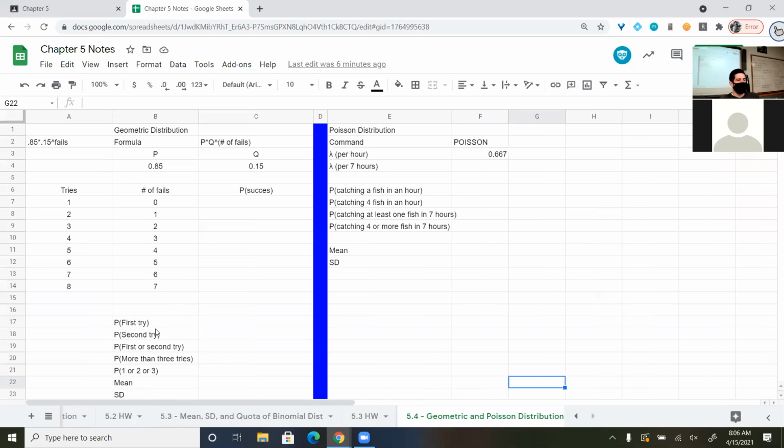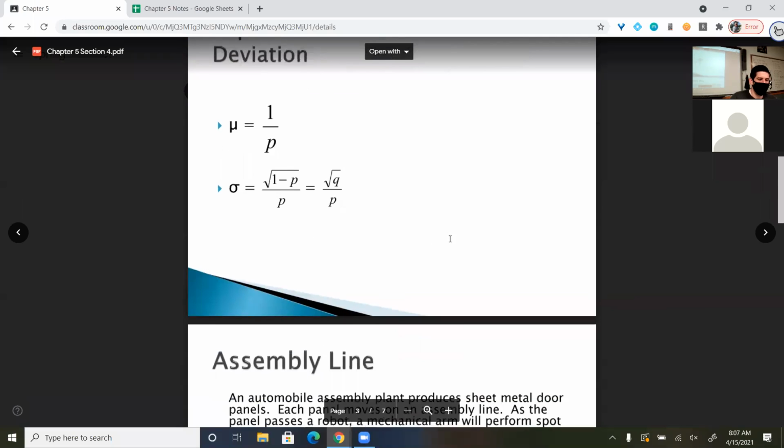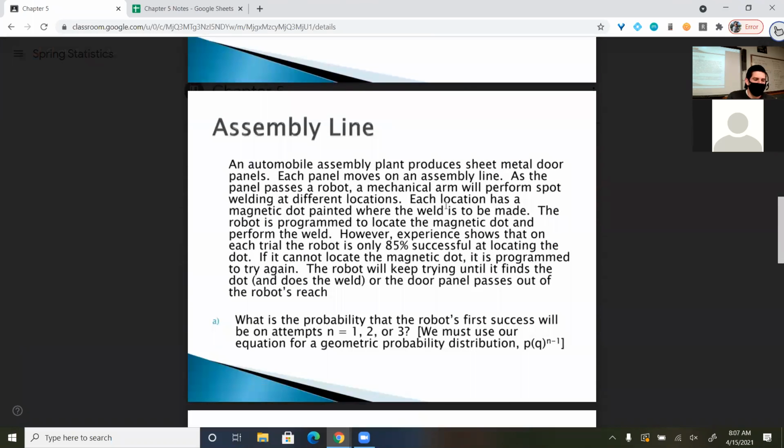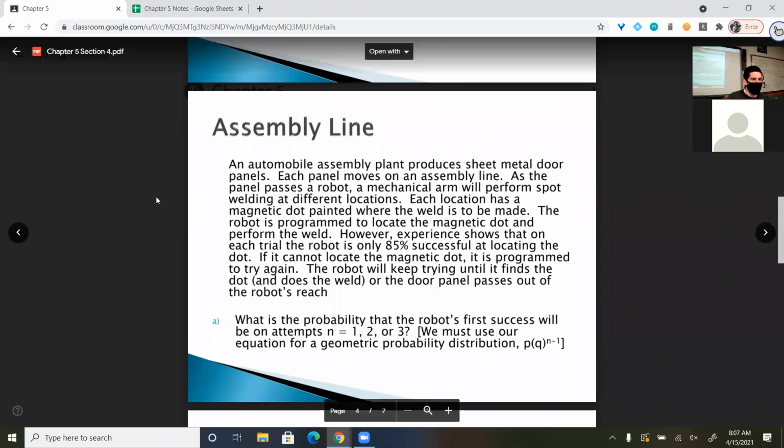The 1st try, the 2nd try, those are exactly 1st or 2nd, more than 3, 1, 2, or 3. Those are all going to be kind of the cumulative probabilities. And we're going to do that based off of this example here. So